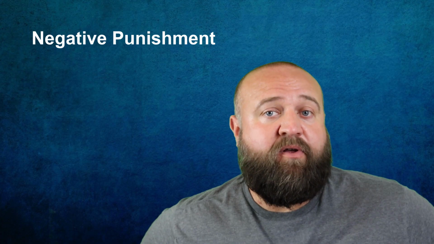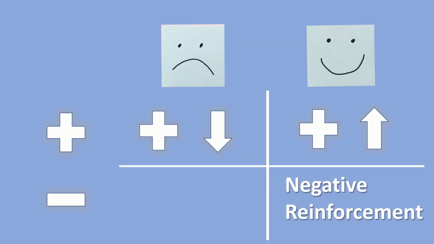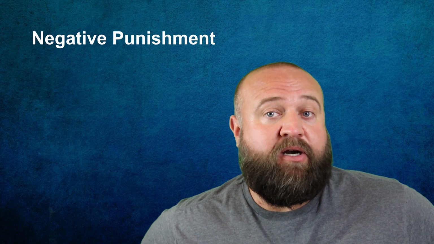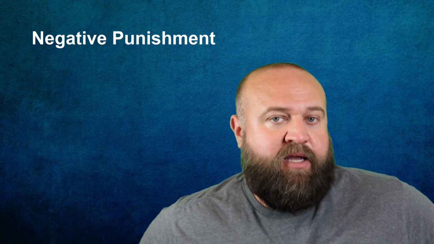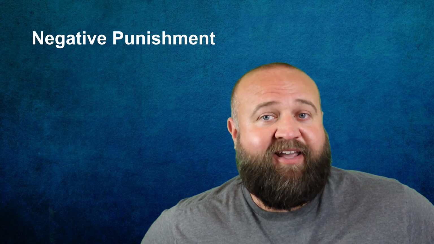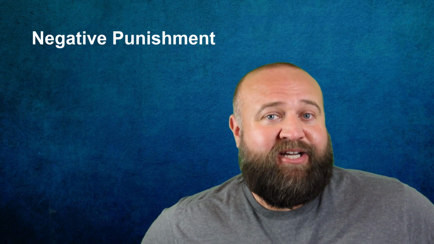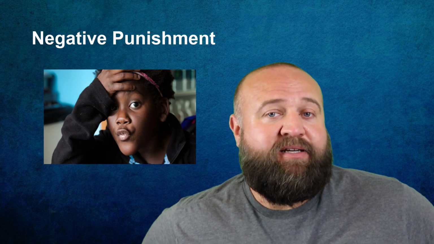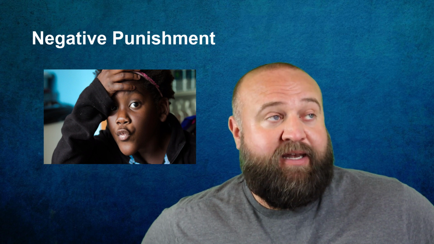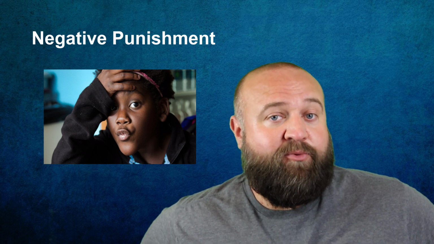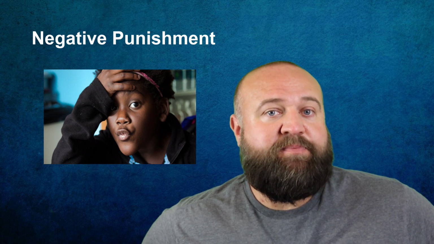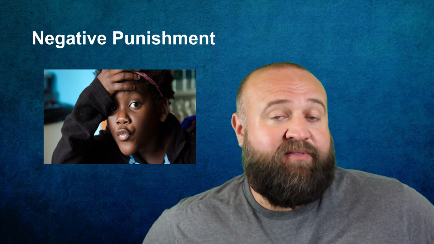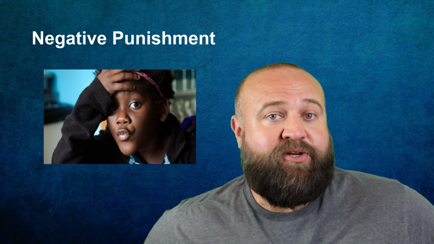Negative punishment involves taking something away to decrease a behavior. So let's go back to the kid who wrote with the marker on the wall at his house. Instead of the parent committing a felony on that kid, let's say the parent puts the child in timeout. They get sent to their room without any toys or games. That would be an example of negative punishment. The reason why this would be called negative punishment is because you're taking something away from the child. In this case, it would be their freedom, their ability to do things that they want to do